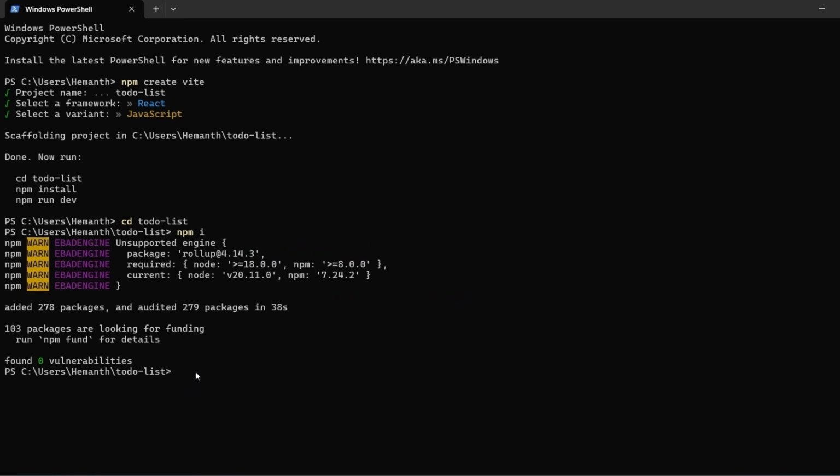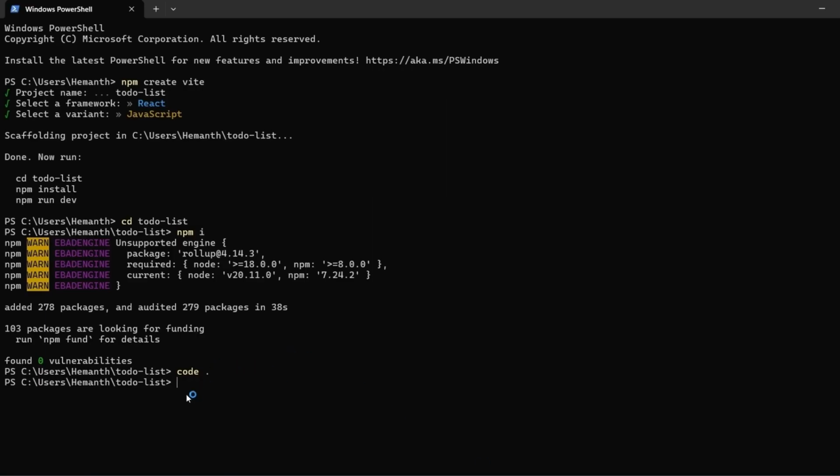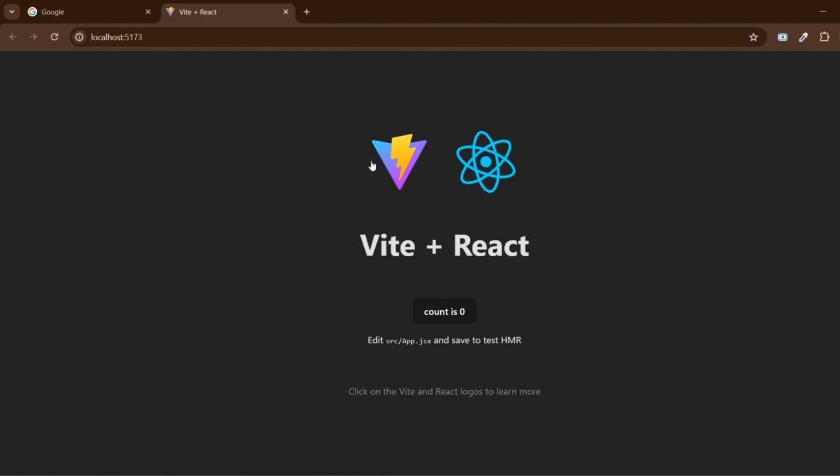So now the packages are successfully installed for our application. So let's open this application in our VS Code by using the command code dot so that our application will be opened in VS Code. So to run our application, we have to use this command called npm run dev and enter. After that, it will host our application on this port number 5173. Let's open it in the browser. So this is the default